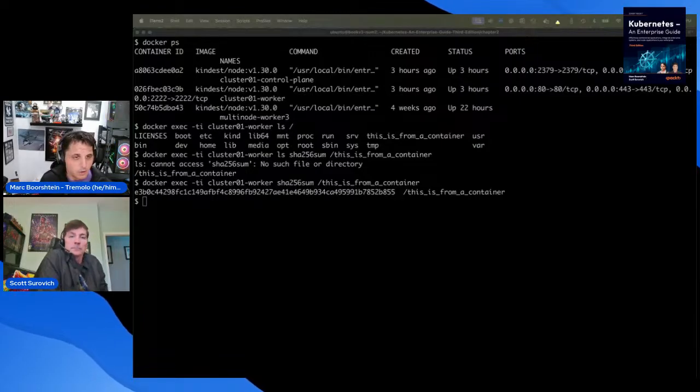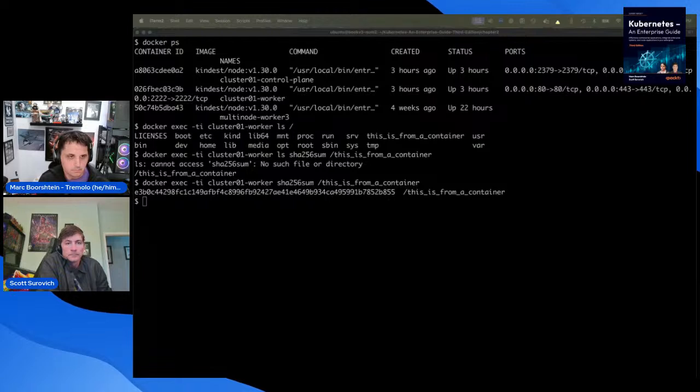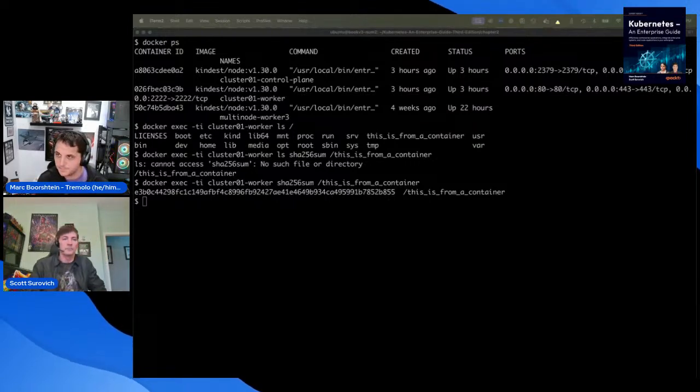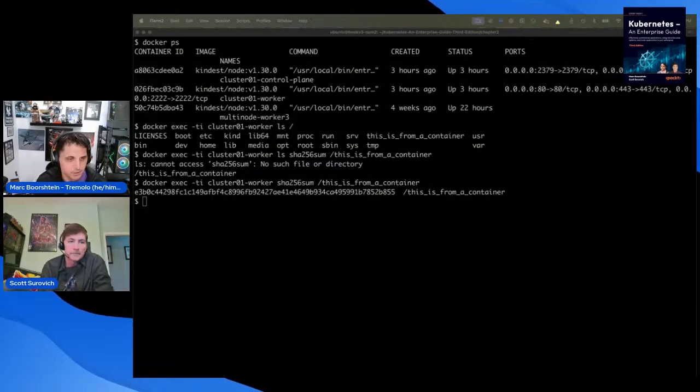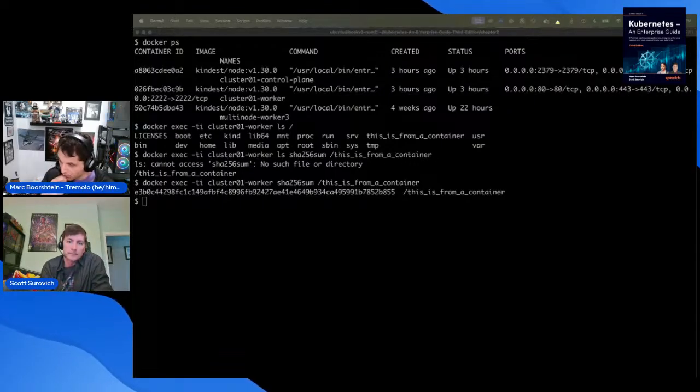Now, how you lock that down is not by doing anything to Linux so much as it is telling the API server all those extra flags we added to give it elevated provisions. We're not going to allow that to happen. And that's where Gatekeeper comes in. So we're going to get to that in a second. Before we get too deep into it, though, we talk a little bit about how to design containers.